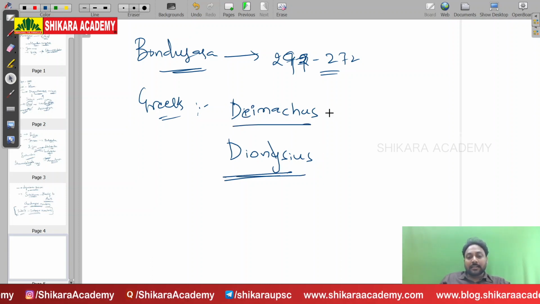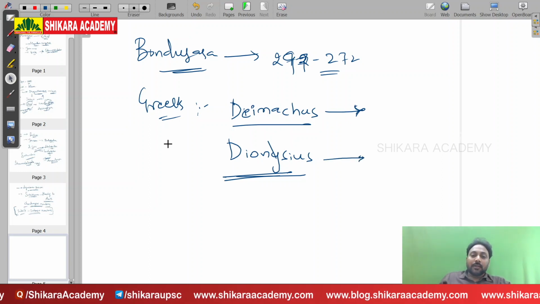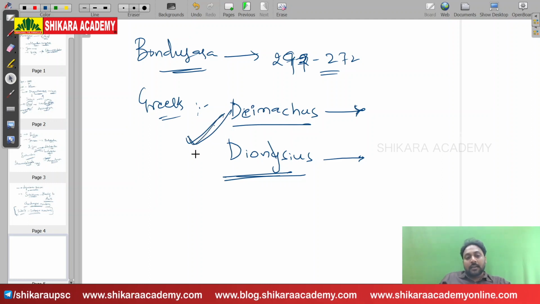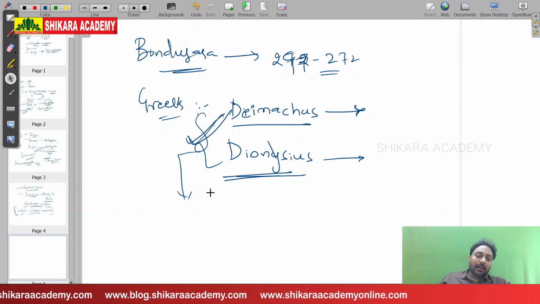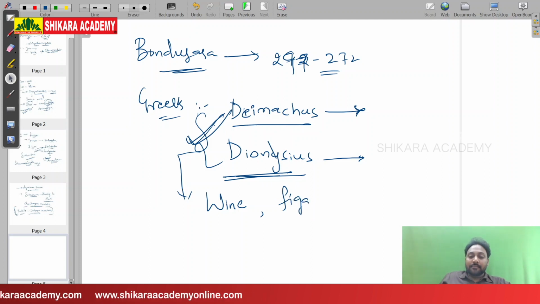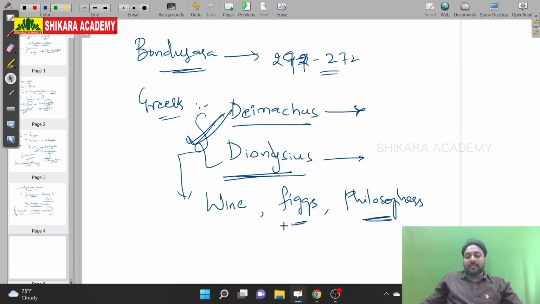Deimachus and Dionysius, they are the two. Bindusara had very good diplomatic relations with these two people. These two came from Greece. They were asked by Bindusara to get wine from Greece, and also figs, dry fruits. Figs means dry fruits. And the Greeks were also asked by Bindusara to bring philosophers, the great philosophers from Greece, because